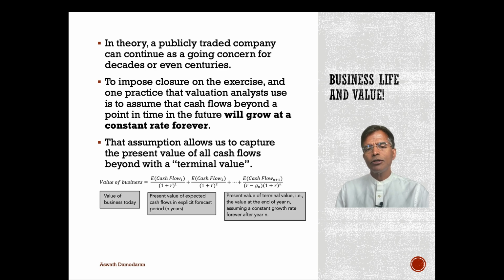Nobody can do that. We're looking for closure, and here's the way we get closure. We assume that at some point in time in the future, your cash flows will start to grow at a constant rate forever. You're saying, what does that buy me? It buys you an infinite series in mathematics, and 200 years ago, mathematicians solved for the value of that series. We've stolen that in valuation, and you will see this show up in an intrinsic value model in what's called the terminal value. The terminal value is the present value of the cash flows beyond the year in which you compute the terminal value, forever.